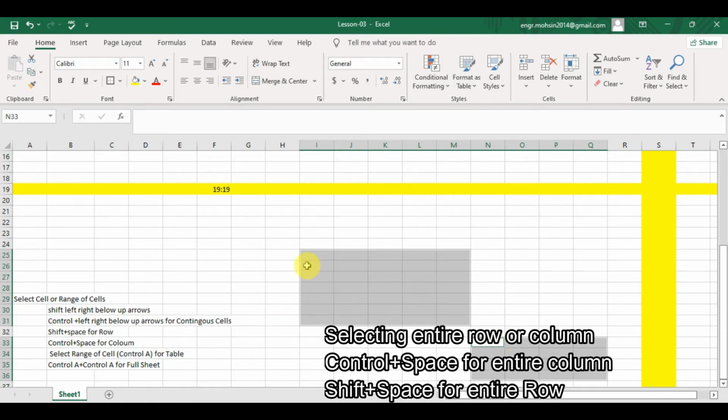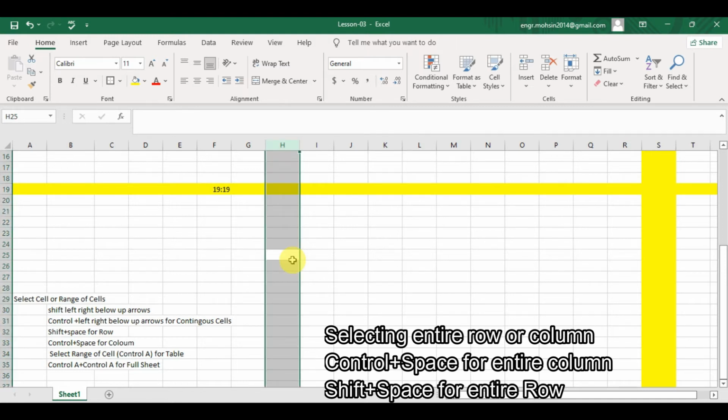The other is if you want to select the complete entire row from your spreadsheet, you have to use Control plus space for the column and Shift plus space for the row.